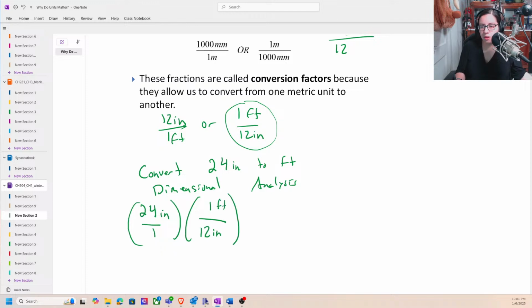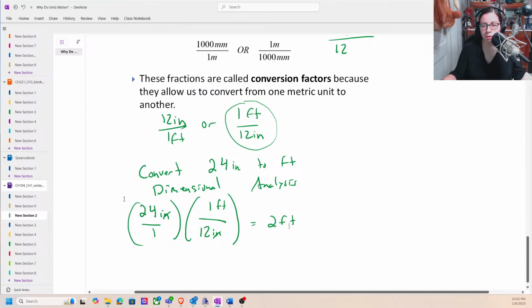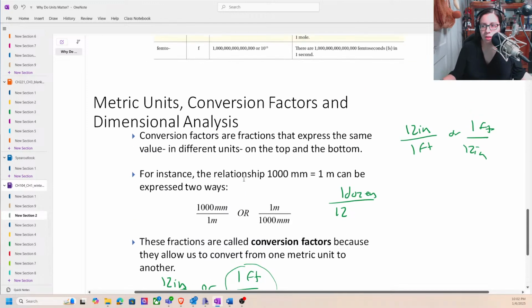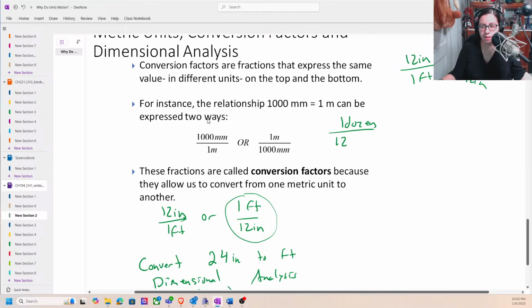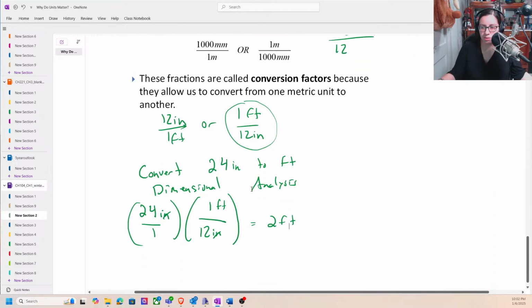Now we're going to multiply across. Notice how your inches cancel. Then we can do our math, leaving us with 2 feet. So that's, again, where we're going with this. And then in the next video, we'll go over how to make our conversion factors with our metric units. We'll practice that, and then we'll start to get into the